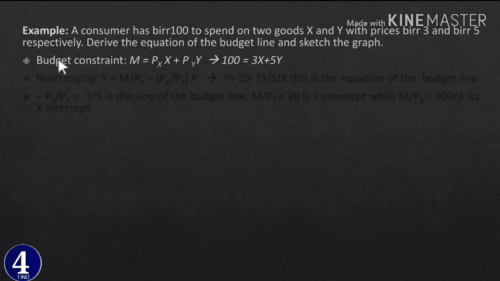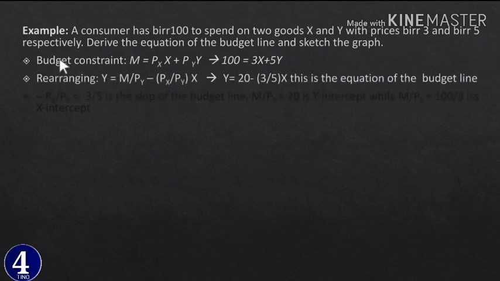No, we have to rearrange for y አይደል ለy rearrange ስናረጋት እቺ ፎርሙላ m by py minus px divided by py times x ነበር አይደል ይሄንን ስንሰራ m ስንት ነው 100 py ስንት ነው py is 5 100 ሲካፈል ለ5 is 20 right minus px ስንት ነው 3 ይሄው 3 what about py py is 5 ስለዚህ 3 divided by 5x ይሆናል ማለት ነው so this is the equation of our budget line for a given consumer